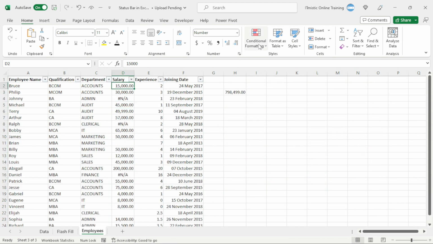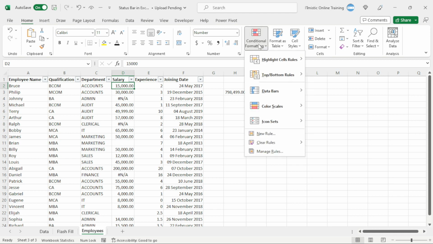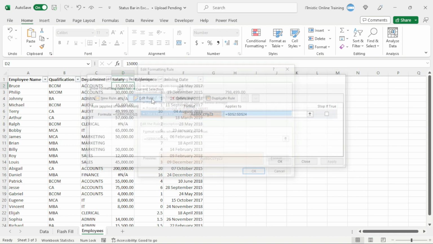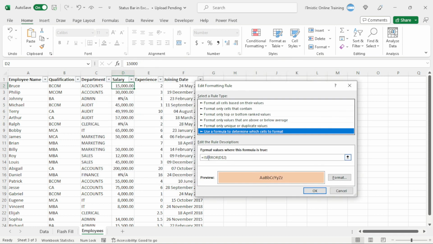Looks like there is some problem with the formula. Now I need to edit it, right? I'll go to manage rules, double click on it, or select it and click on the edit rule button. It should be okay. Now let me tell you one thing. I want to remove the dollar from 2 and put it before the D column, before D, right? So when I press the left arrow key to delete that dollar sign from here